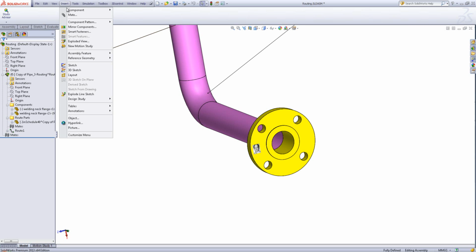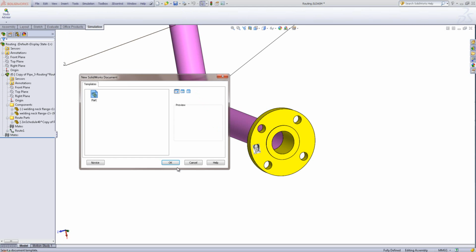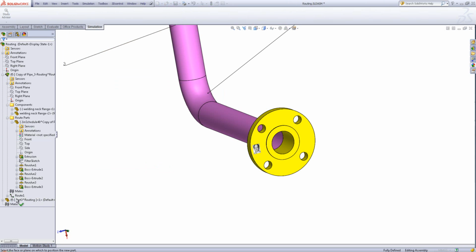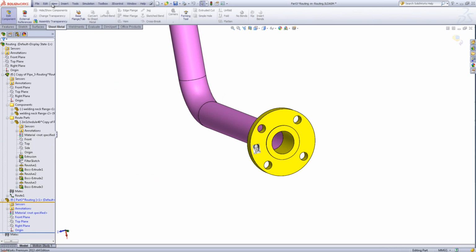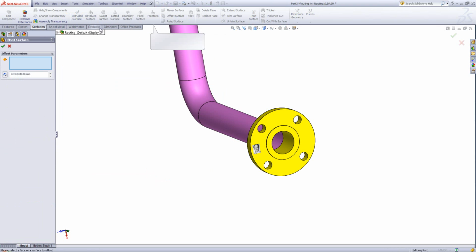First of all, creating a new part. And I'm going to edit that part and switch to my surfaces toolbar. There he is. And what I'm going to do is use the offset surface command